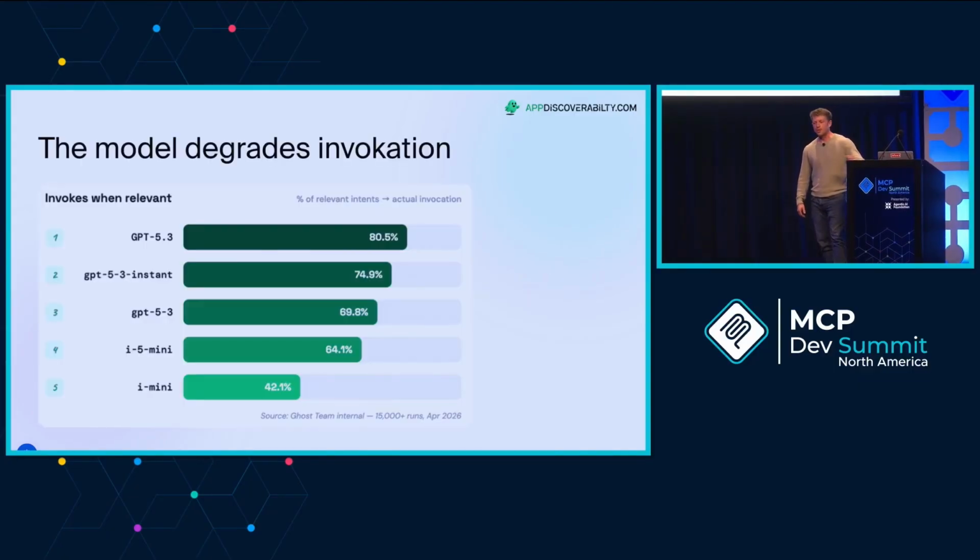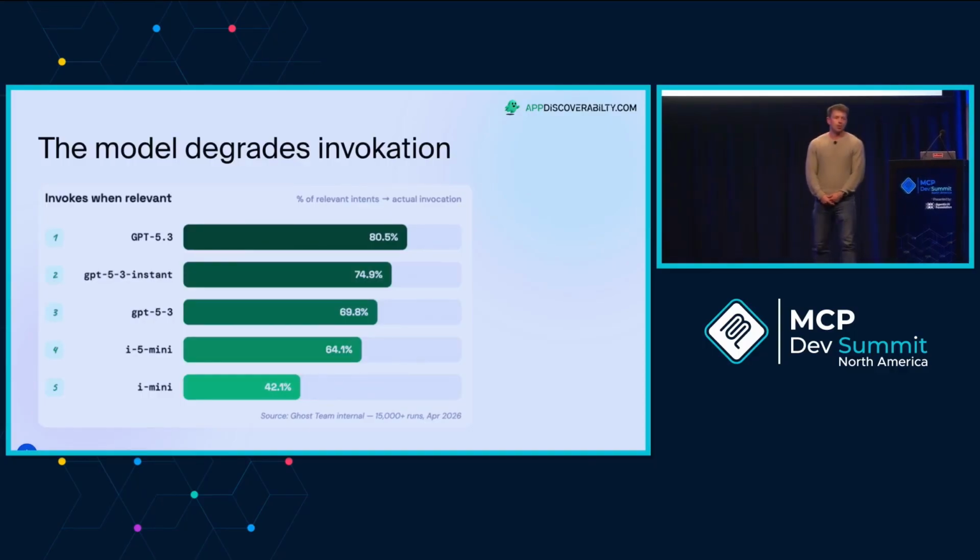One thing we found is that model degrades invocation. So the exact same prompt, exact same scenario that works on ChatGPT 5.3 doesn't work for other models. And if you're a free user on ChatGPT, after just a couple big requests, you hit a usage limit and they downgrade you for a while. The free user doesn't even know, but in the meantime, they may have a poorer experience with the tools that you've created.